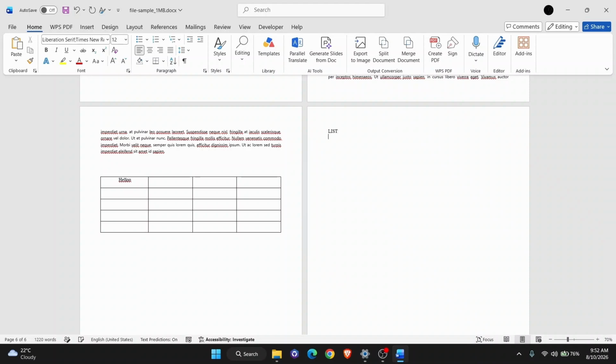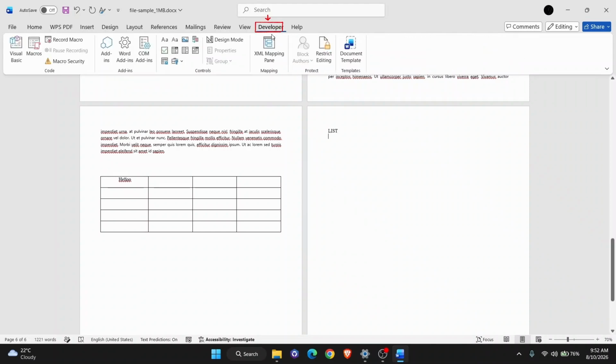At this stage, place your cursor where you want to add the checkbox. Following this, click the Developer tab, now visible in the ribbon. From here, click the Checkbox Content Control icon in the Controls group. Once inserted, Word adds an interactive checkbox right where your cursor was, ready to be checked or unchecked directly in